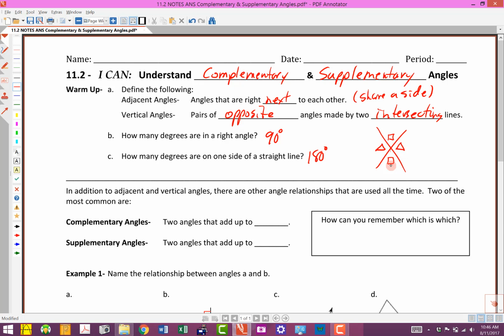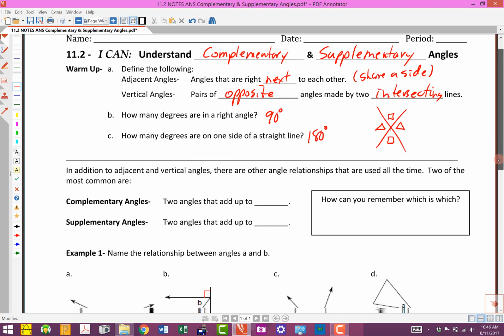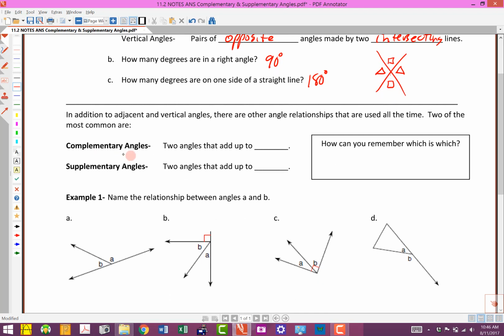So along with the adjacent and vertical angles, there are some other angle relationships that we use all the time, and here are two of the most common. So one of them is complementary angles, and the other one is supplementary angles. So let's talk about what those are. Complementary angles are two angles that add up to 90 degrees. Two angles that add up to 90 degrees, and the other one, supplementary, are two angles that add up to